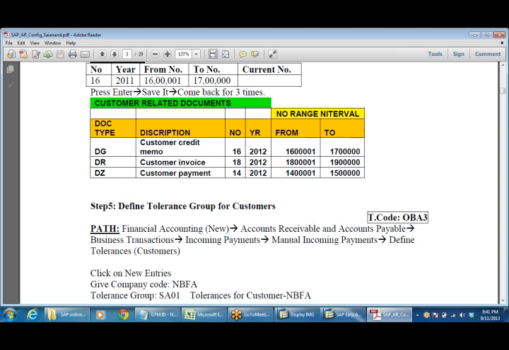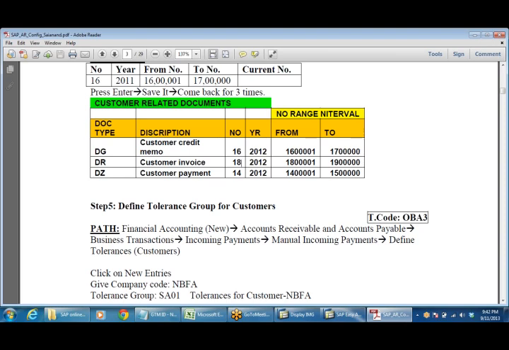So like that, 3 document types we have defined in OBA7, and specified number ranges. The system will ask 16, 18, 14. We should not change that, but logically I'm giving 16 for 16 here, 18 for 18 here. Like that I have given the number ranges, 16 lakhs 1 to 17 lakhs, 18 lakhs 1 to 19 lakhs.